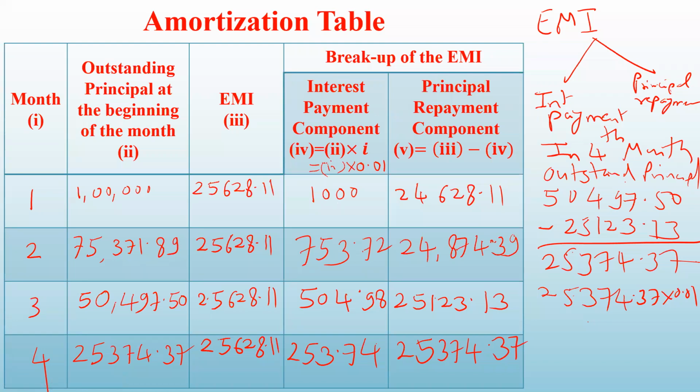So if you take a loan and suppose you want to know how much loan is due on you, you can go to the bank and ask them. They will see this table and quickly tell you this much balance, this much loan is outstanding for you. Okay, so this table is called an amortization table.